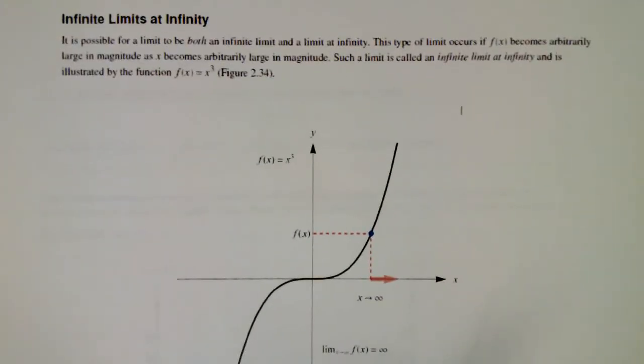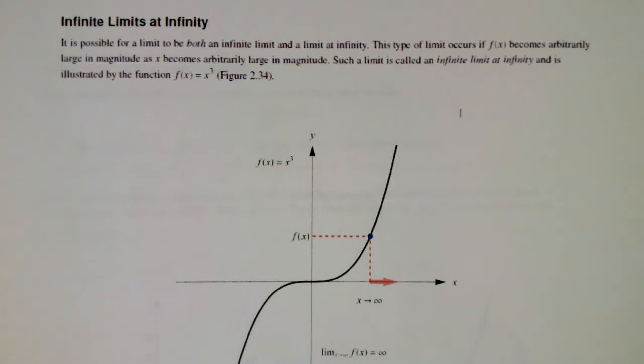All right, now we'll look at infinite limits at infinity. In this case, it is possible for a limit to be both an infinite limit and a limit at infinity. This type of limit occurs if f of x becomes arbitrarily large in magnitude as x becomes arbitrarily large in magnitude. Such a limit is called an infinite limit at infinity and is illustrated in this picture